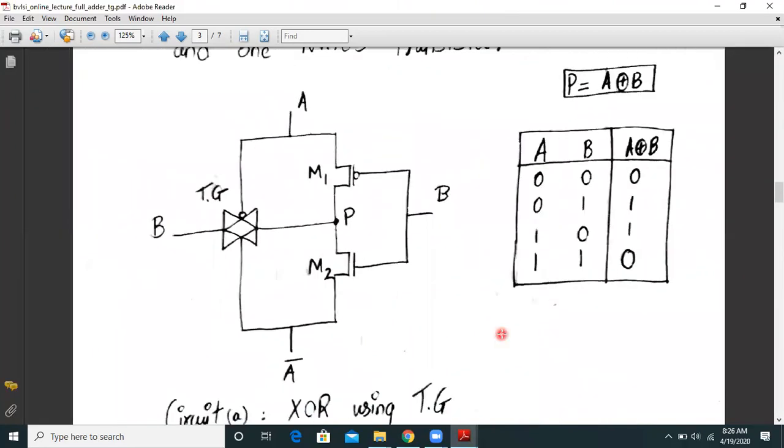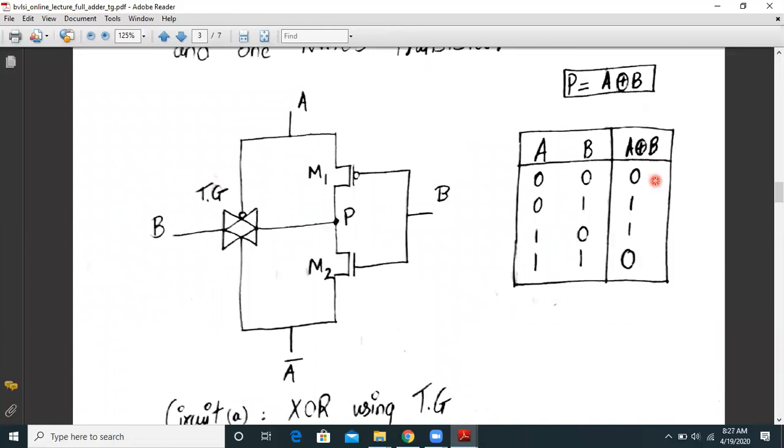Yes. So this is the XOR implementation using transmission gates. So basically what is XOR? XOR is this, A XOR B. Whenever both the inputs are the same, my XOR output will be 0.